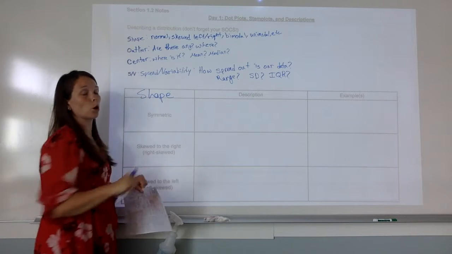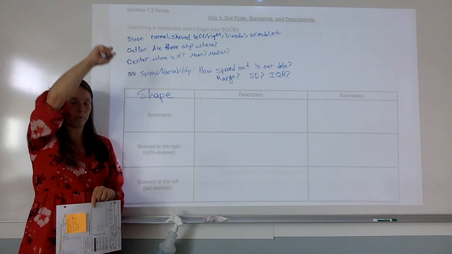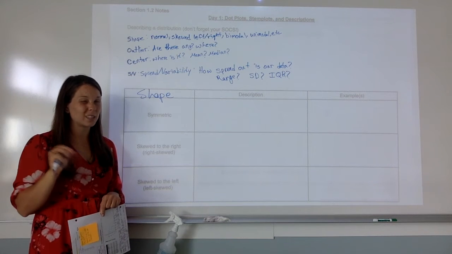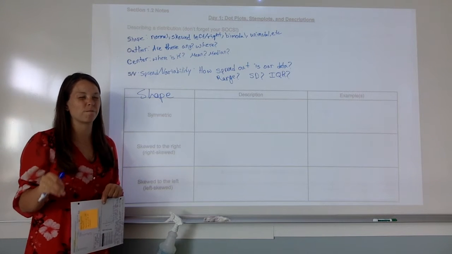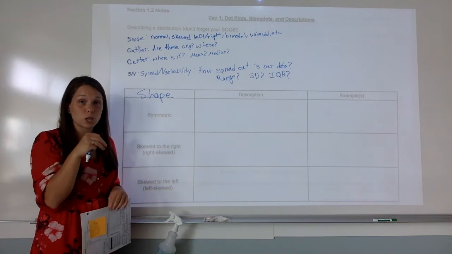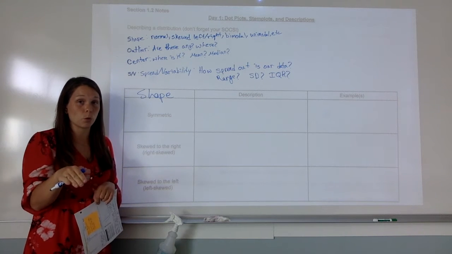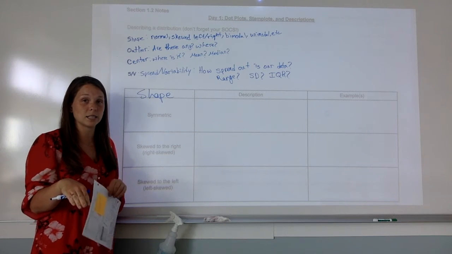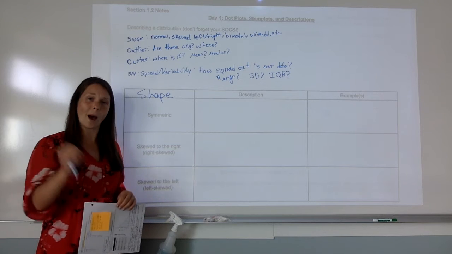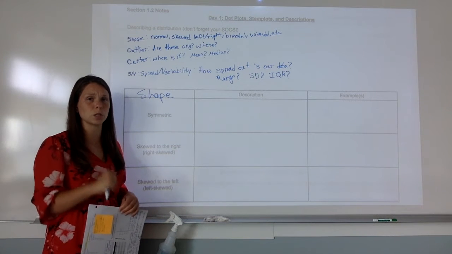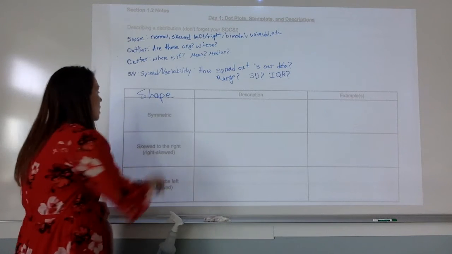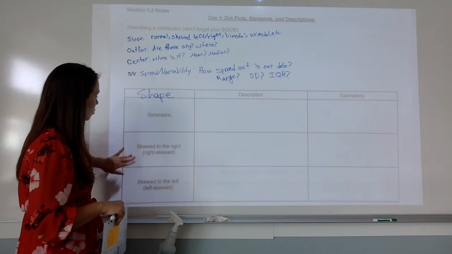I know I used the word normal in my definition above, but we're not going to be using the word normal until we get into chapter 4, I do believe it is, maybe chapter 2. But this chapter 1, we're not using the word normal. We're not going to define what it is yet. That's a whole chapter in and of itself, okay? So you might be like, oh, I remember normal distributions from Algebra 2. We'll get to them, but this is not it yet, okay? So the way we describe shape, symmetric, skewed right,